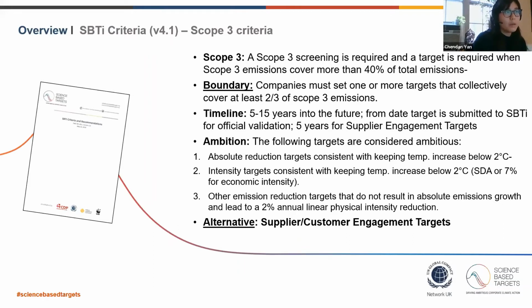So in terms of to what extent these targets should cover a company's Scope 3 emissions, this is what the boundary criteria address: targets must cover at least 2/3 of a company's Scope 3 emissions. So this 2/3 boundary is really to enable companies to focus on the most significant sources in their Scope 3 emissions while still leaving some flexibility for other categories that might be insignificant and might be challenging for companies to